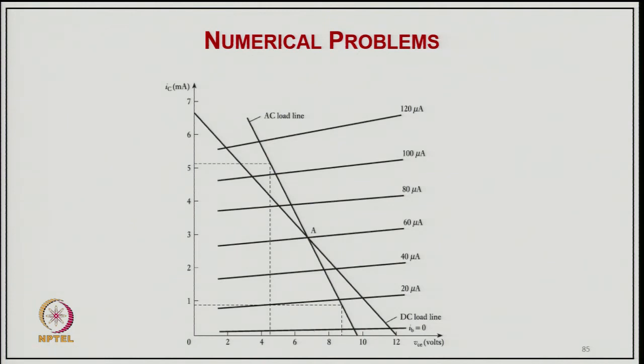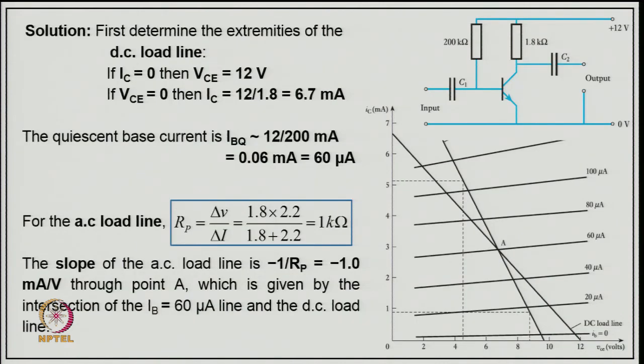The transistor characteristics and relevant load lines are shown in the next slide. These are the characteristics of the AC and DC lines, of course over the DC line, and from this we can do the calculation. First determine the extremes of the line. For the DC line, IC equal to 0 when VC equal to 12. When VC equal to 0, IC equal to 12 upon 1.8, that is 6.8 milliampere, and then the quiescent base current will be IBQ equal to 12 upon 200, so it becomes 0.06 milliampere, that is 60 microampere. For the AC line, RL prime will be delta V upon delta I, that is 1.8 into 2.2 divided by 1.8 plus 2.2, that is typically 1 kilo ohm. So the slope of the AC load line is minus 1 upon RL prime, that is minus 1 milliampere per volt